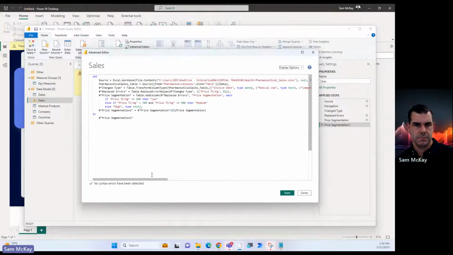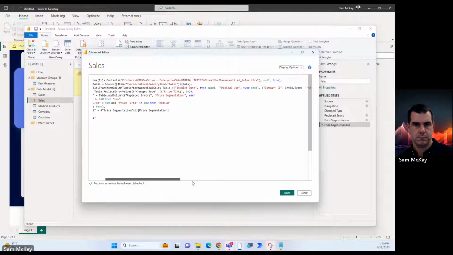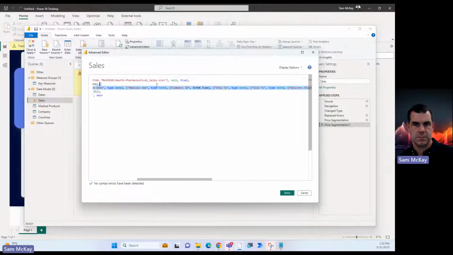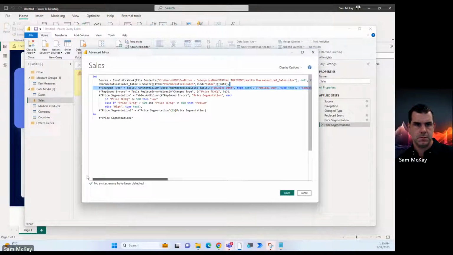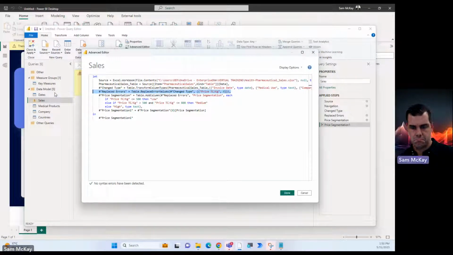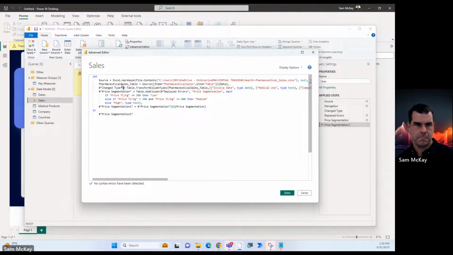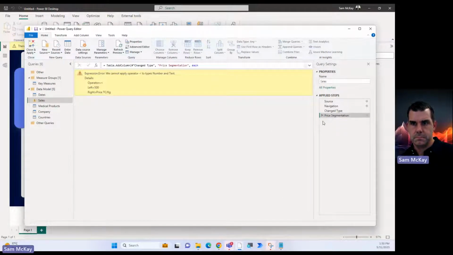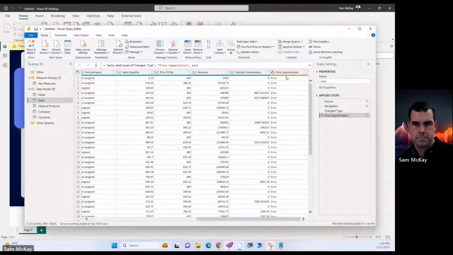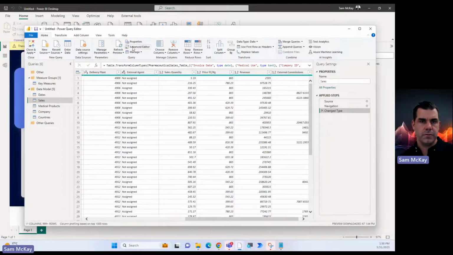That's weird, isn't it? It says it's type number. Place errors. Change type. Sure. Maybe it just wasn't all numbers. Maybe there's actually something wrong in that particular column. Okay, I might move on.